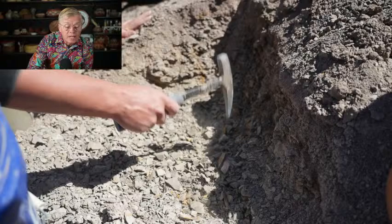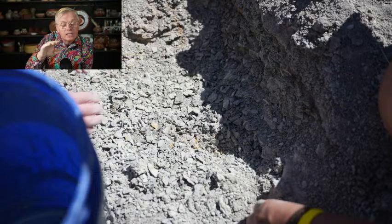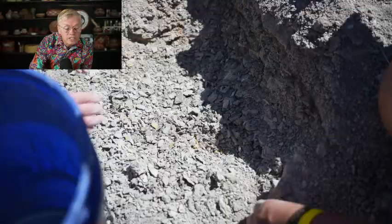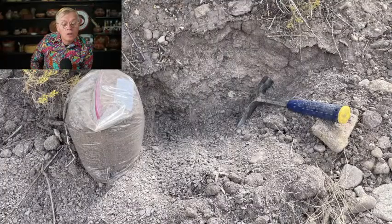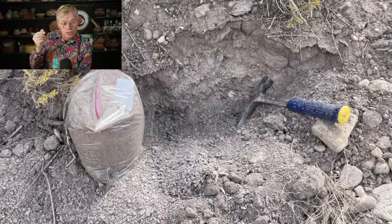It's weird. But again, it lays in those flat layers, like the smectite did that I was showing you. So let me show you. This one doesn't show it as much. Look at this one. You can kind of see that they're like little flat plates of clay. Interesting stuff. And so there it is, all dug out and bagged up. Funny stuff, and I haven't tested it yet, but I've been wanting to because they said it was a good white clay,